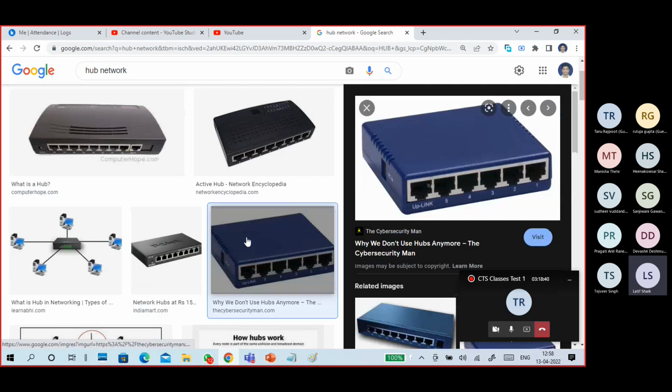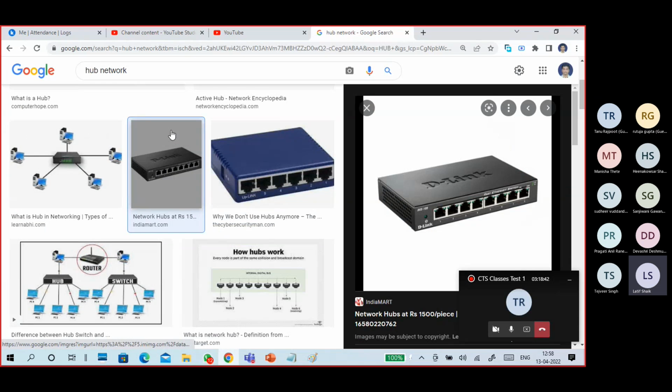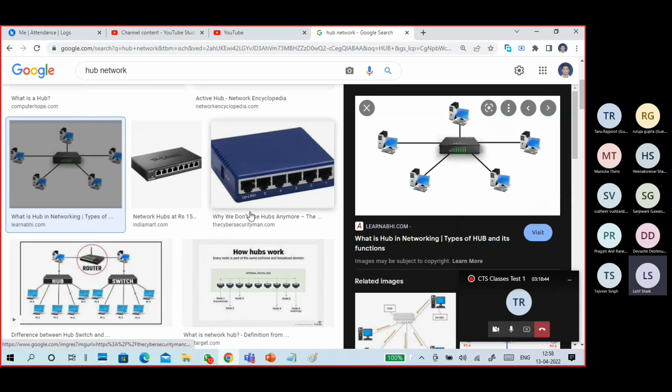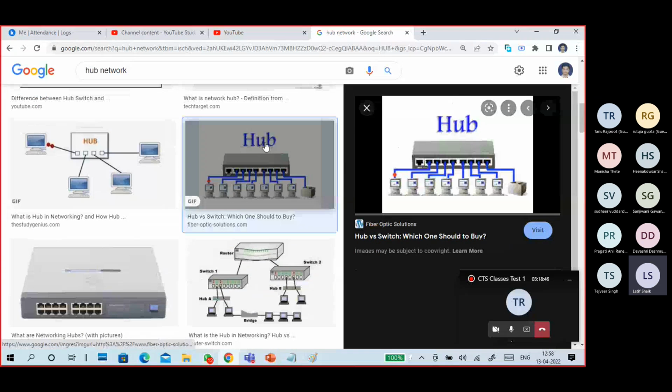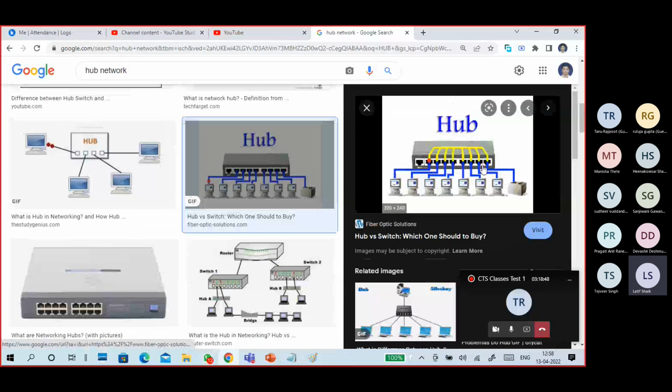Hubs and switches, when they are small in size, can easily cause a little confusion, whether it's a hub or a switch.